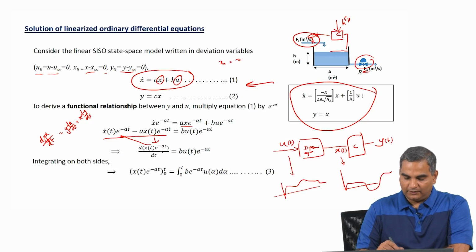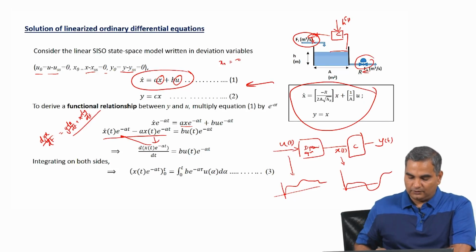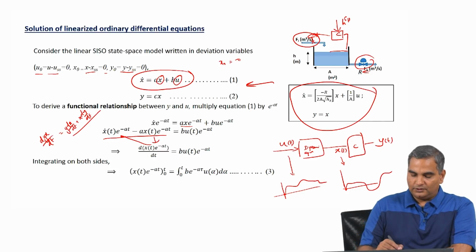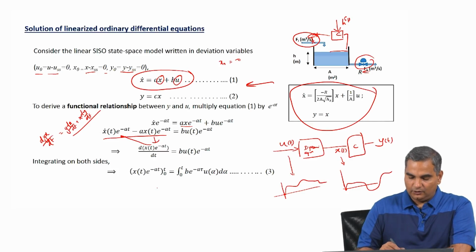The second term, when you differentiate this, it is minus a e power minus at, which you have, and then x t. So, this is the form that you have. So, this equal to this. Now, since you have this as d by dt, you can take it to the other side and integrate this. When we integrate d of this we will get this itself,